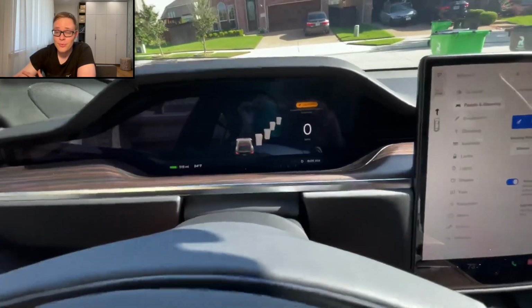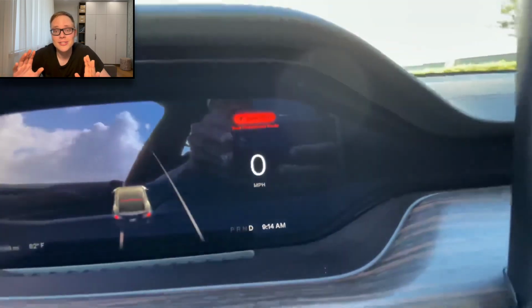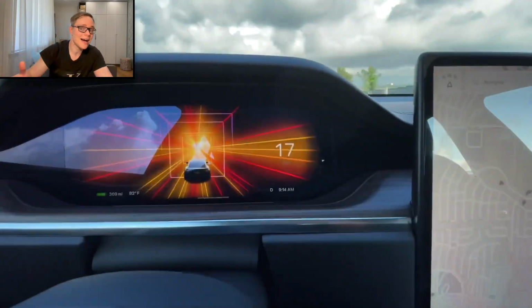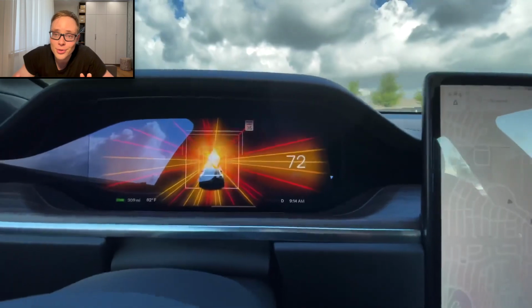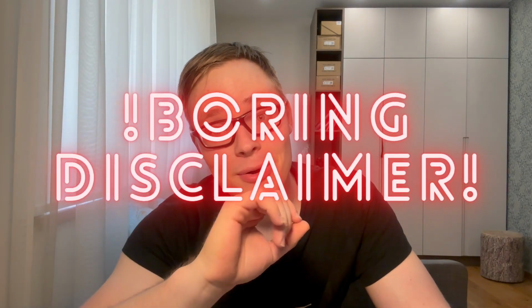After some time, when you have selected it, the instrument panel will indicate that the car is ready for peak performance, and right then and there, you can start using it and blast down the road or the runway or wherever you want to blast down, which is very fun, but be responsible with drag strip mode and Teslas in general